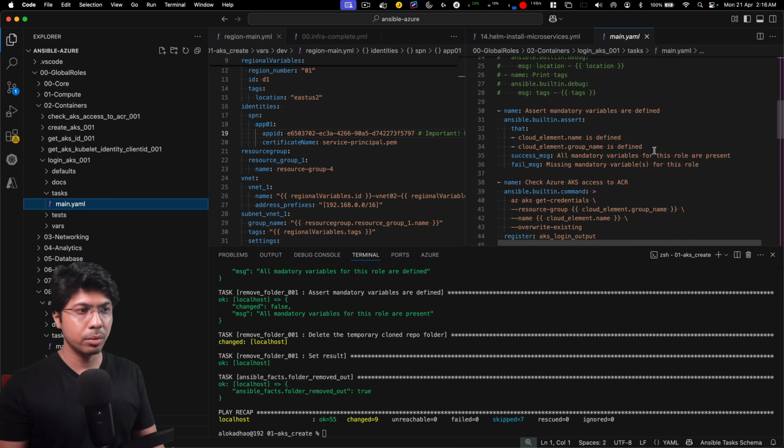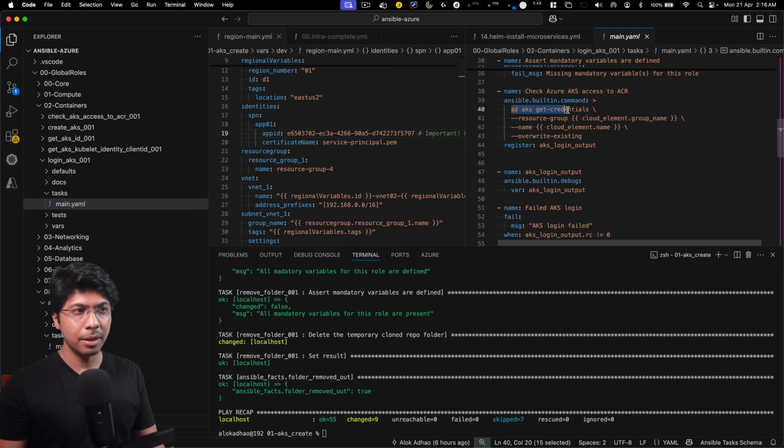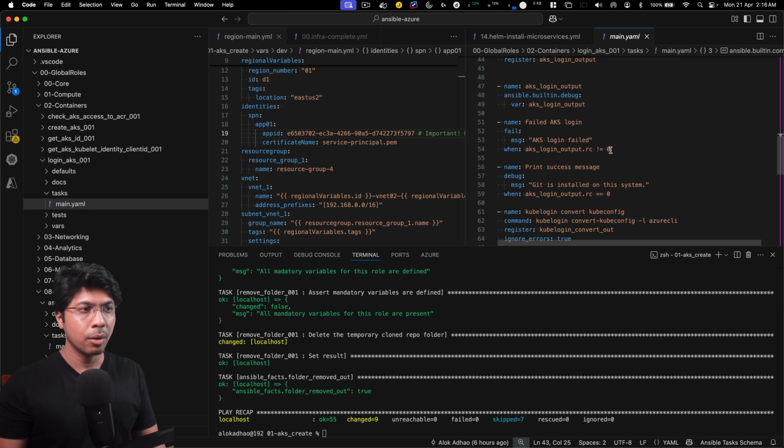What it is trying to do is az aks get credentials of this particular AKS, which is present inside this resource group. It is a standard command that gets the kube configuration file of this particular AKS, and I make sure I override the existing one. If you have already created the AKS previously and then destroyed and recreated it, it will override the configuration and make sure that you have the latest one present. Okay. Once that is done,